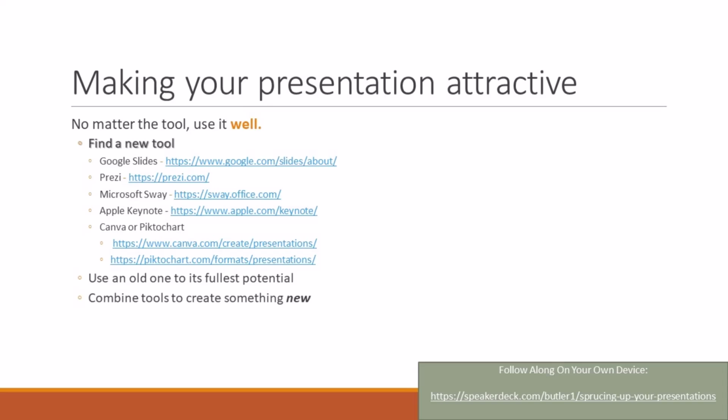There's Microsoft Sway, which is a little bit better when it comes to having a lot of room for text. It almost looks like sort of an online course pack or ebook. You can fit quite a bit of text there. Apple Keynote is an Apple specific product, so you need to have a Mac if you want to use Apple Keynote. And then Canva or Piktochart, those are both great. Those are drag and drop graphic design platforms. But the one drawback is some accessibility features that are missing for those. So you've got really beautiful presentations, but the accessibility components are not quite there.